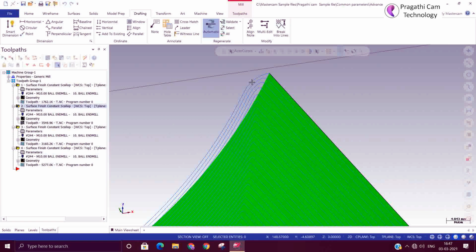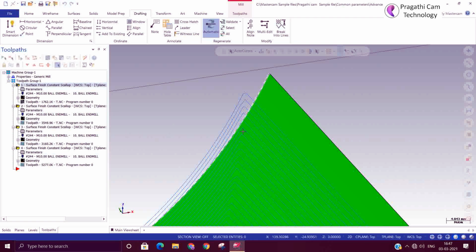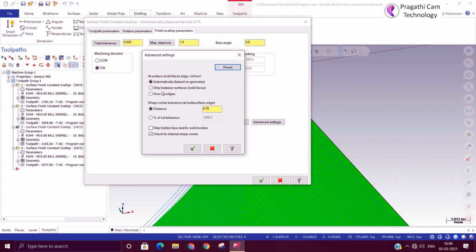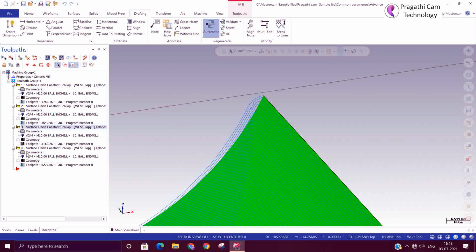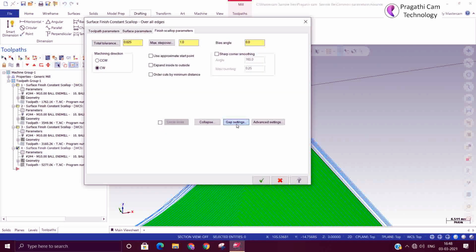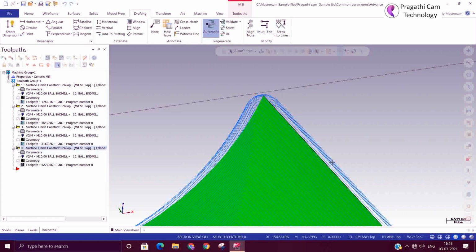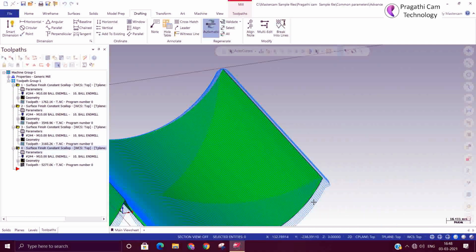So how it is behaving. You can see in the first toolpath how the tool is behaving on edges. The last one, the third one, you can see. So automatically, here we made it 0.75. Okay, this is the next toolpath we have given, distance overall edge machine. You have just given the instruction to machine the overall edge, so it is machining outside also. This is all about the toolpath common parameters.